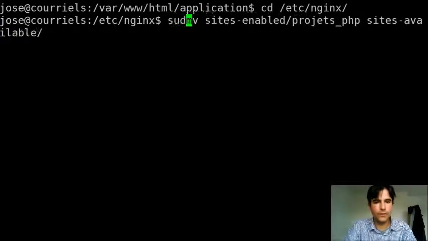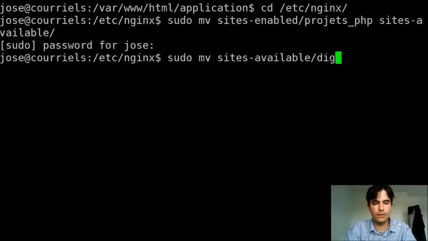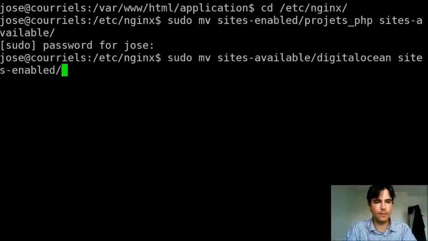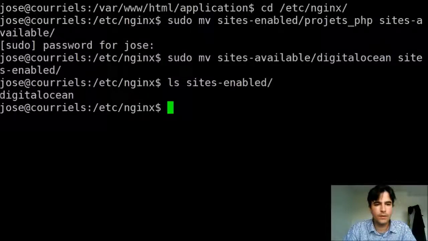I'm going to use sudo, and here I just move the file, the one that was basically installed with the droplet. I move it to the sites-enabled folder. So here I just check it. So now I reload the web server.